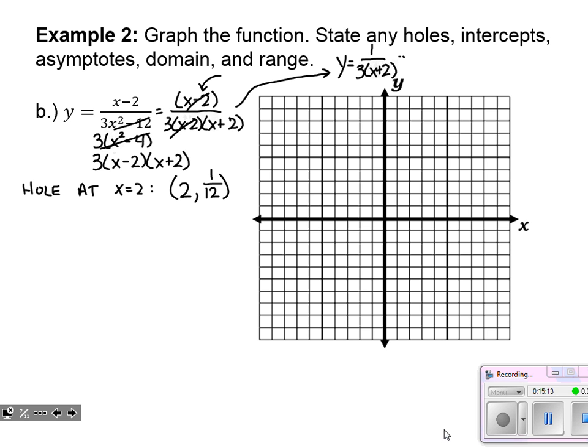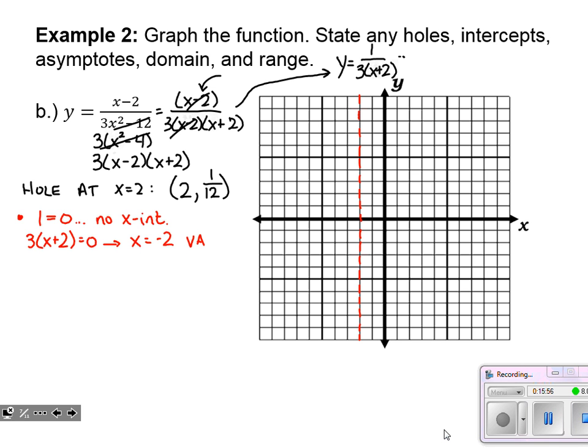Okay, so there's our hole in the graph. And now that we've got this simplified function, let's go ahead and get to work. So first thing are 3 zeros. When the numerator equals 0, well, looking at my simplified function, I've got 1 equals 0. Again, that's telling me no x-intercepts. When my denominator equals 0, well, that's 3 times x plus 2 equals 0. I divide away the 3, solve that factor that's left. I find that x equals -2 is our vertical asymptote. Oh, that kind of worked out just like the last time. So we'll sketch that in.